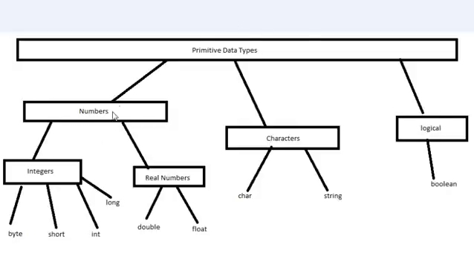Under the numbers category we have integers. This is all numbers that don't have decimals. We have byte, which is a very small integer number that can hold a value starting at negative 128 all the way up to positive 127. If you go past that, what has happened is called overflow and you will get an error in your program. We've got the short data type right here, which is a 16-bit type, and it has a value that